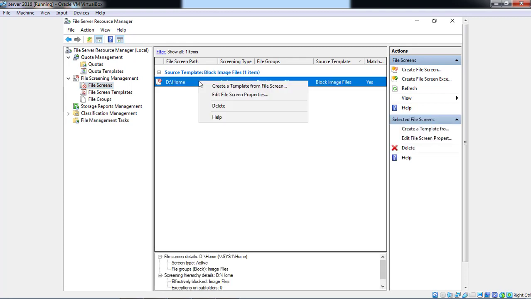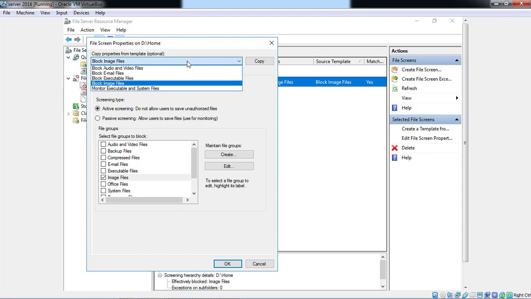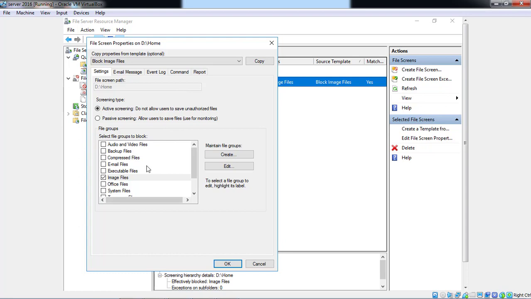Now right click it and edit. You can also edit the properties. Here is the block level, so you can choose another also, and here are some options: the image file is selected, but you can also select executable files, email files, anything, and the path is as it is.